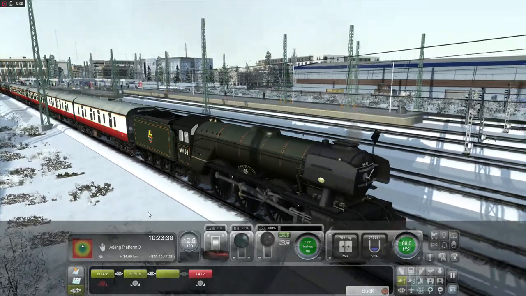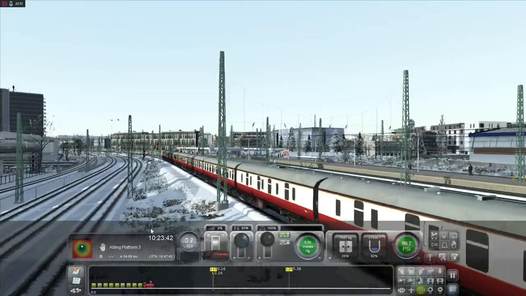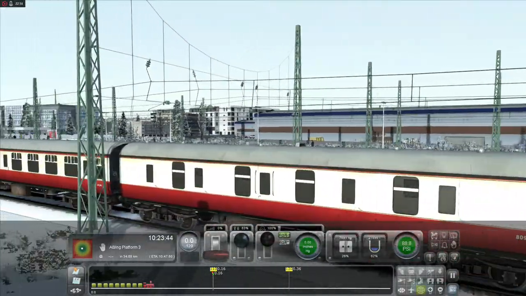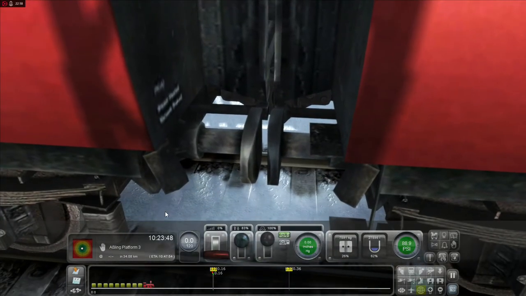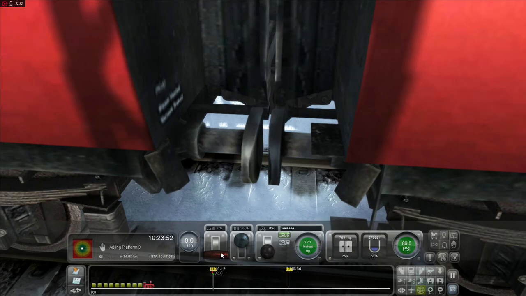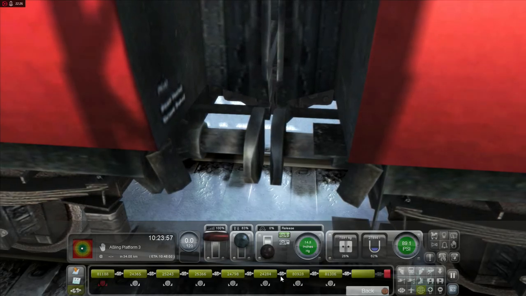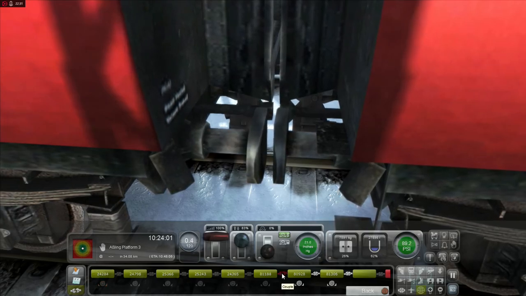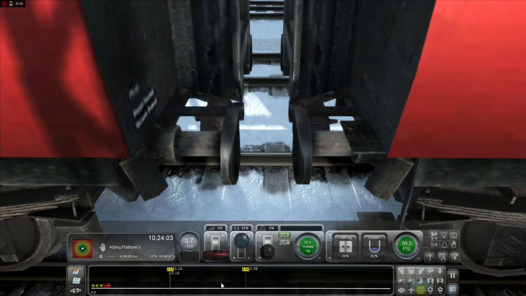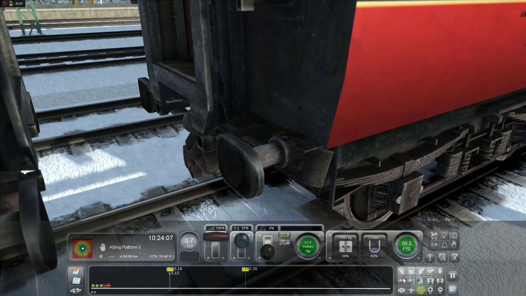What the? It looks like we're still attached. Oh yeah, because we are. I said it's meant to be uncoupled here. Okay, let me just use the last of our steam to get away from these coaches. Let's uncouple. Okay, we're gone from the coaches. Wait, are we